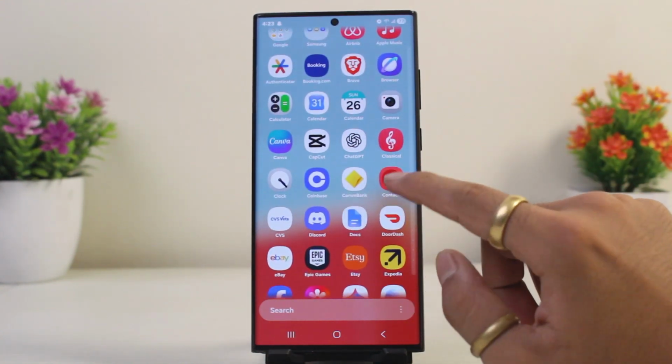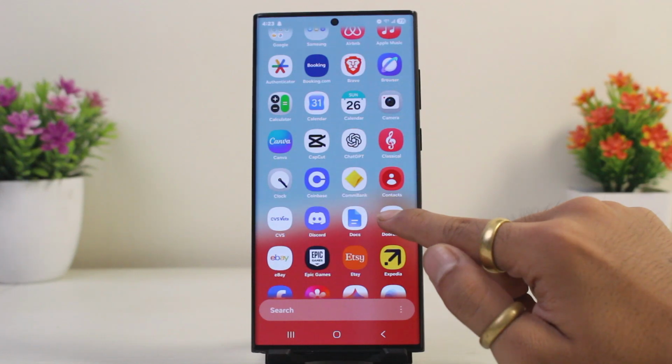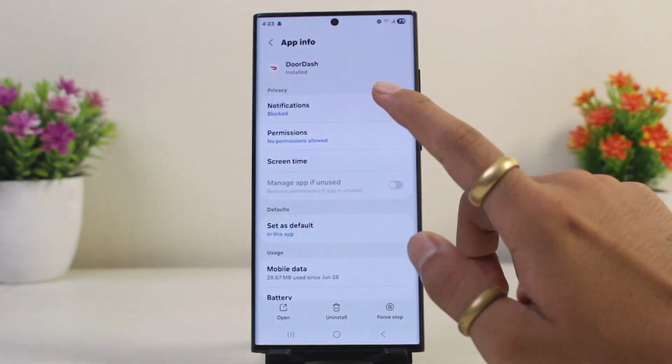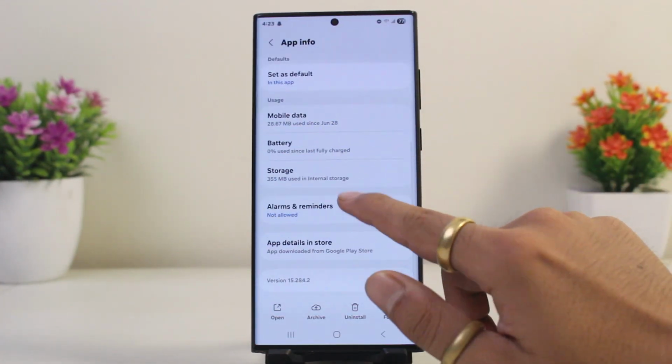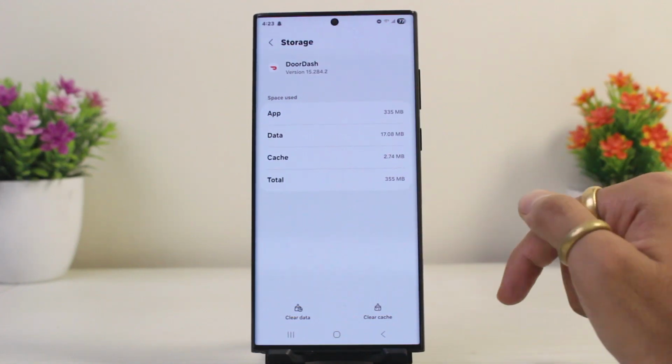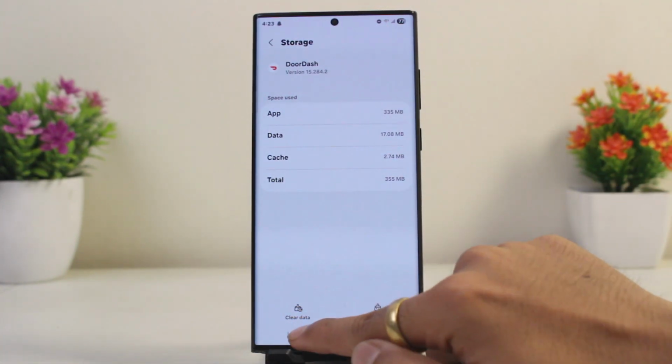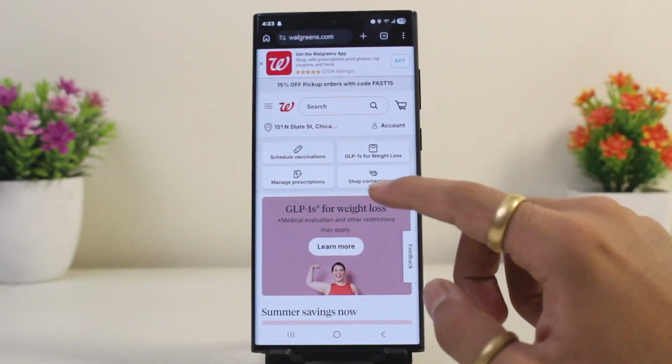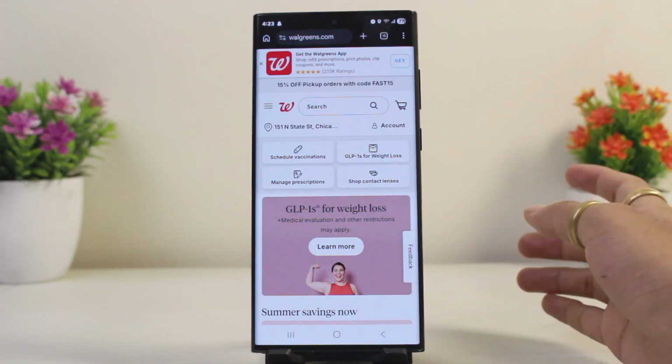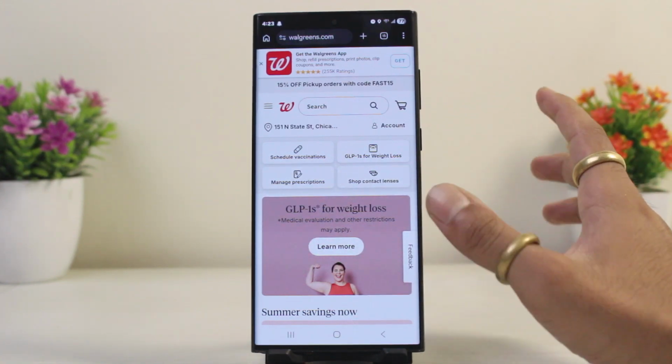cache. Once you identify the icon, you simply have to long press it, then access the app info panel by tapping on that eye icon, scroll downwards to the storage section, then proceed to clear the cache. Once you clear the cache, you simply have to launch the application and try to see if it works or